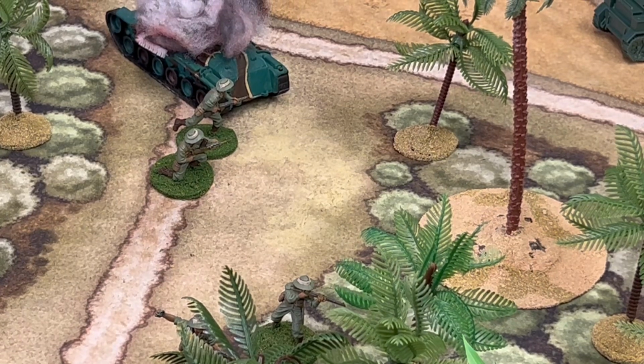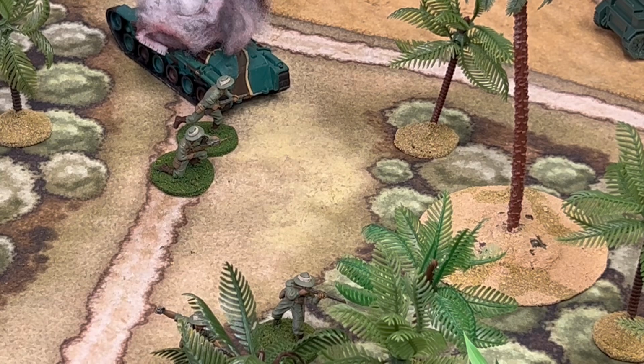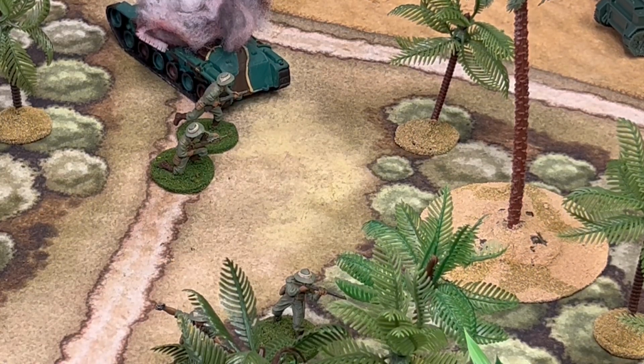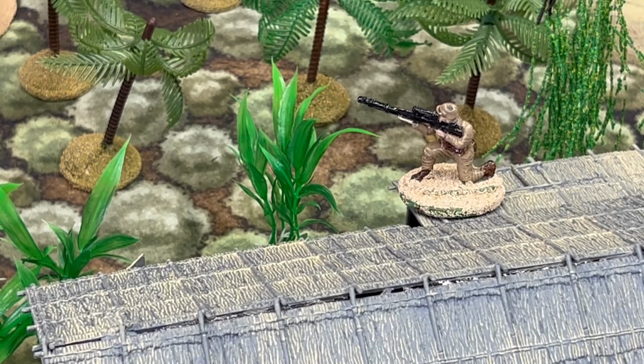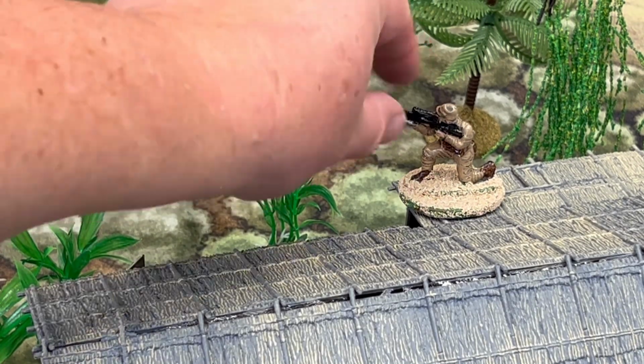303 British Enfield firing here. And I missed with a 10. And the Bren gun. The Bren gun scored 1 hit on our sniper. Now, what do you think? Will he make his saving throw? And he does not. So the Bren gun